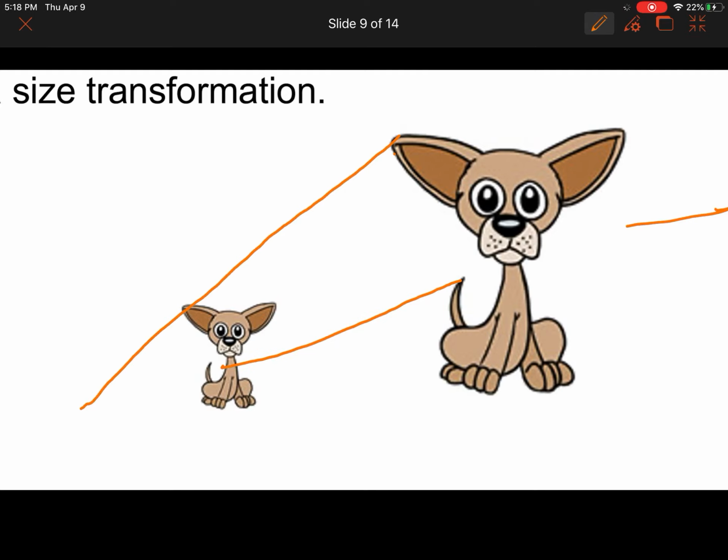I could do the tails. I could do the little toes here. But you see that they're all going to connect in one place, and that would be my center, right? And then I would be looking at how far it is here compared to here. So it looks like, I don't know, maybe it's a third, or maybe it's more complicated than that. But as far as the distance,